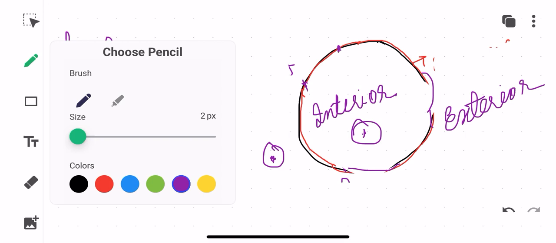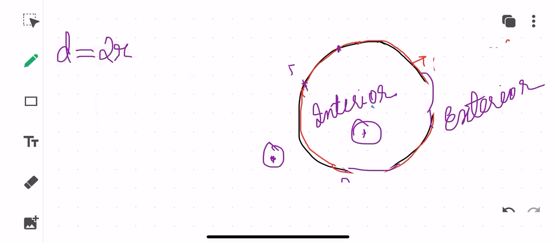Suppose if you see here, what is my radius here, children? This is my center and this is my radius. Okay, so if this is my radius, then if you see, the distance of the center from the internal point is always less than the radius. So that is called the interior point. It is also called an internal point.